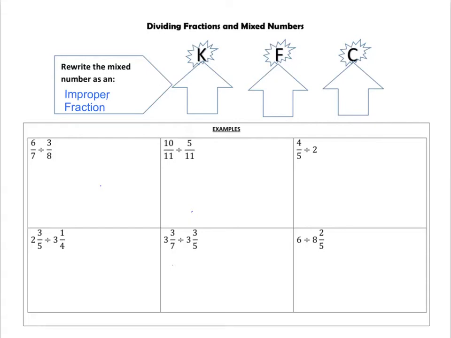Now the thing that sets division apart from multiplication is actually this next step. It all goes back to that good old multiplicative inverse property that said that if we multiplied a number by its reciprocal, we always end up with the product 1. Well, this is somewhat related. Our process for dividing fractions is to